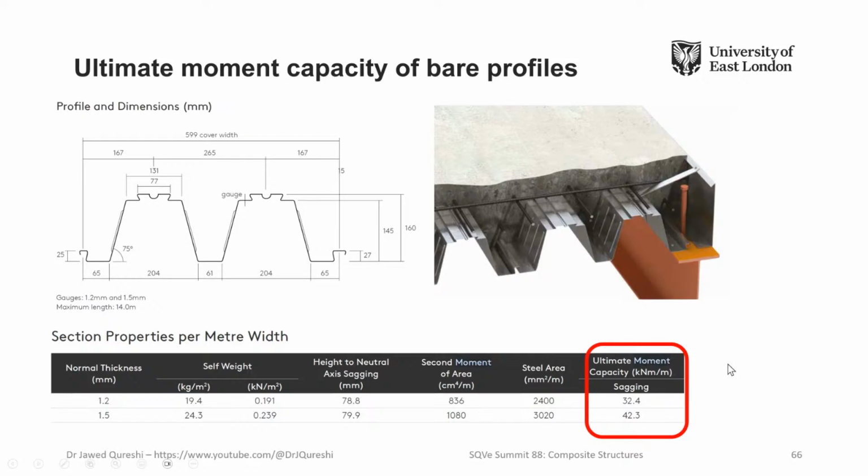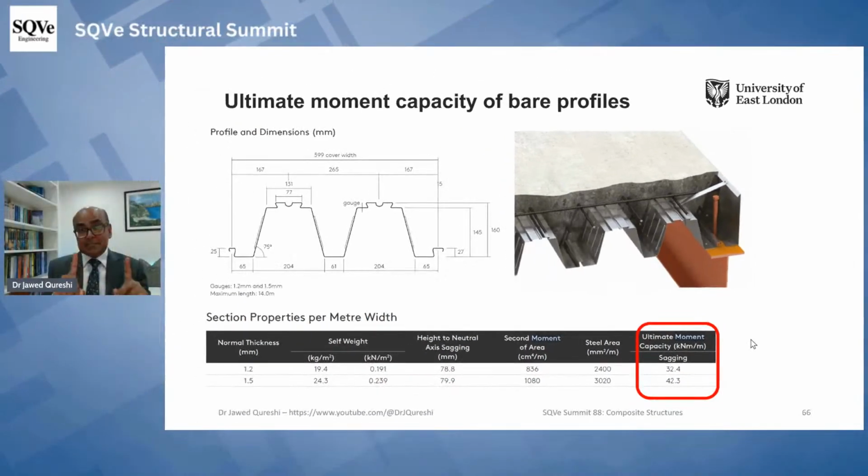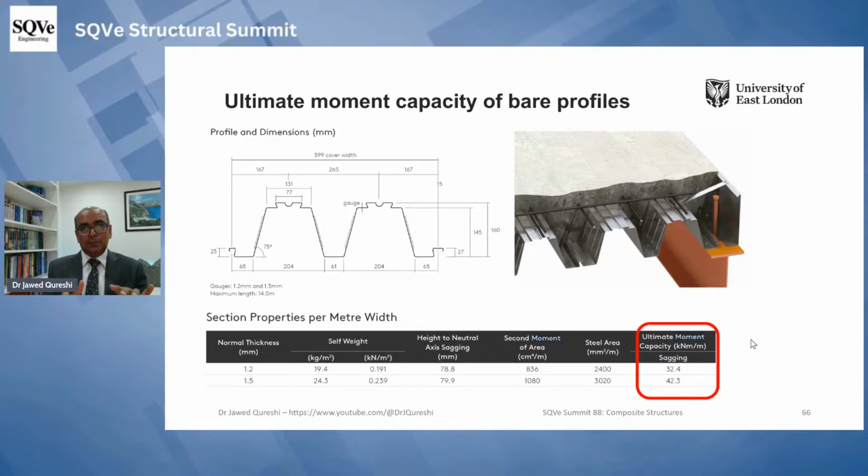Now, how about if we don't have access to testing? How about if the manufacturer does not give us this value? Remember that the main purpose of this ultimate bending capacity of sheeting only is that we want to ensure that wet concrete is supported properly without bending, and workmen are supported as well, they don't fall down.